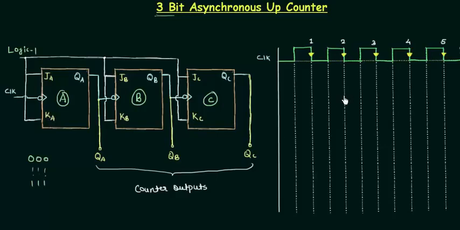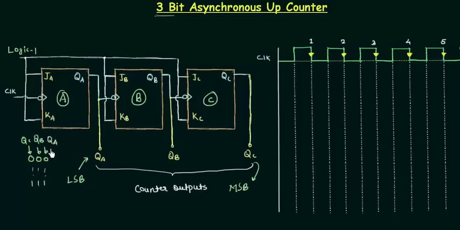By using this timing diagram we can find out how it actually counts and from what point it starts counting and at what point it ends. Also I have taken QA, QB and QC like this, and they are our outputs, in which QA is the LSB, least significant bit, and QC is the MSB, the most significant bit, which means if I talk about these bits, then this one will be QC, this middle one will be QB, and this rightmost one will be QA.